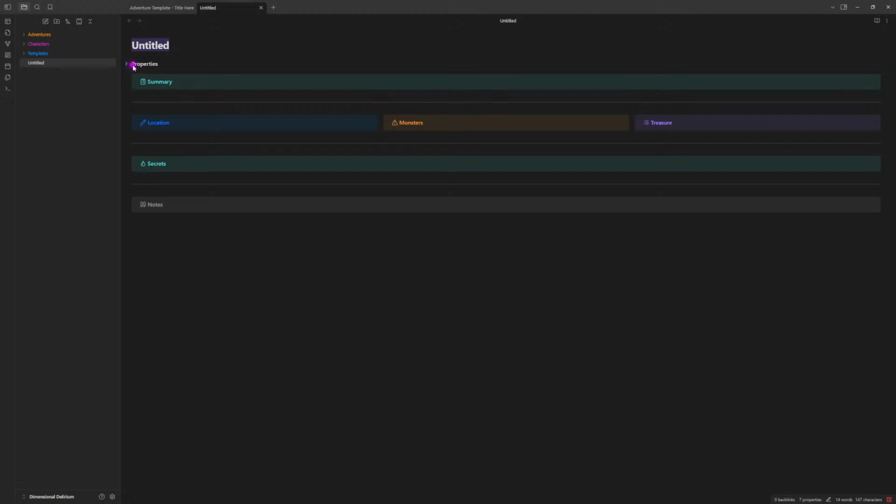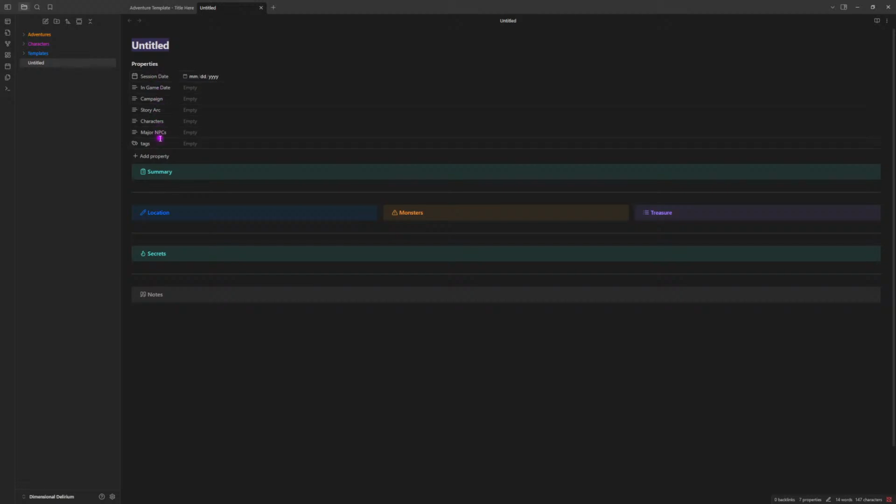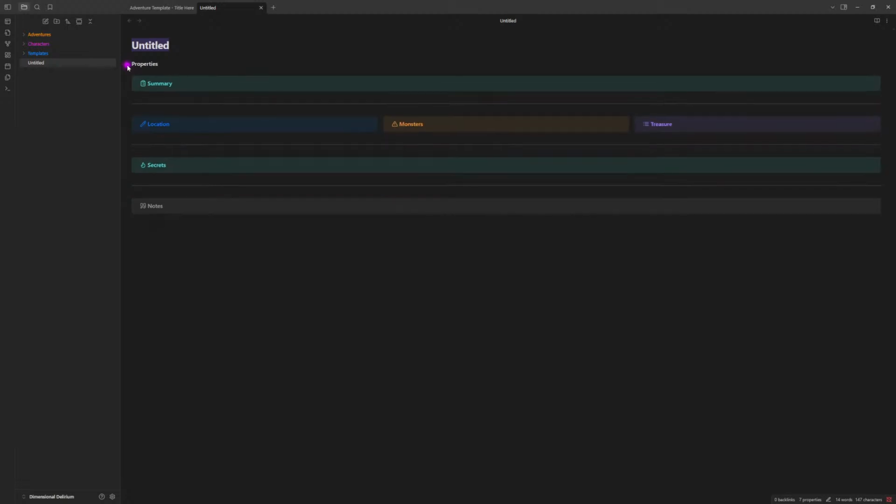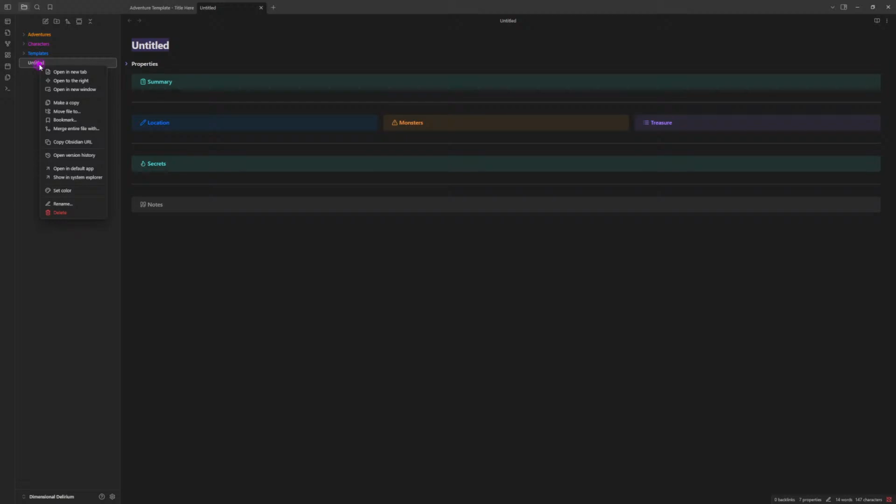So if you're used to Notion, each page kind of has something like this properties thing. This is a fairly new way of doing these, but it's very easy. You usually want it at the top of everything, but I will make a blank page and show you that real quick,